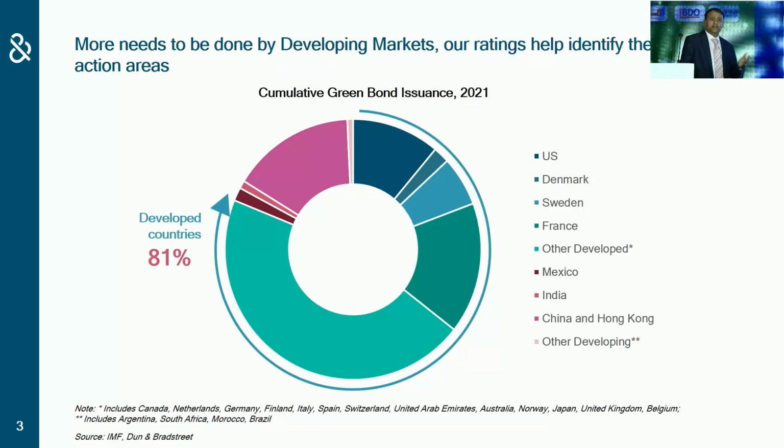Now, when I look at what's happening globally, from a financing perspective, from a money generation perspective, the green bond issuance, if I take data at 2021, the cumulative amount, which countries issued the green bond. The developed countries constitute 81% of that amount. And look at France, they're leading the pack, in fact, more than the US. But unfortunately, if you look at the pie of developing countries, it's much smaller. It's negligible, in fact. If you take out China, that's nothing,